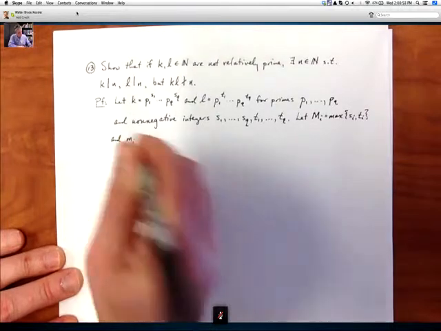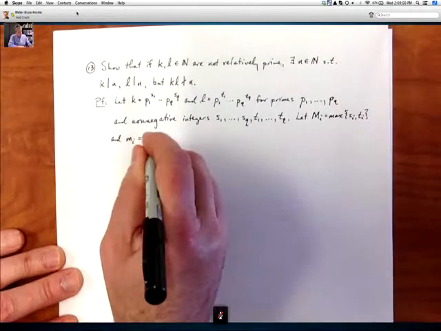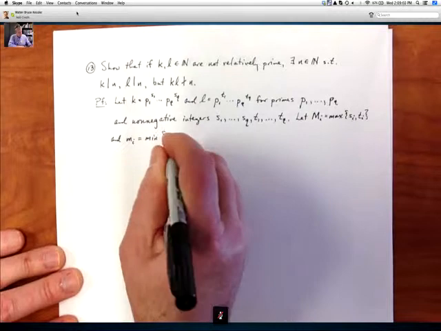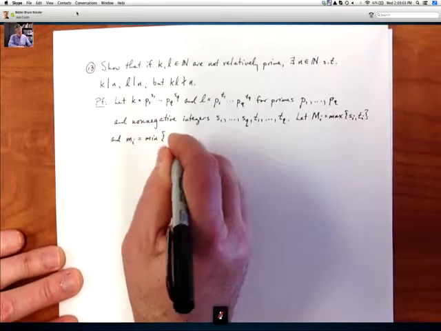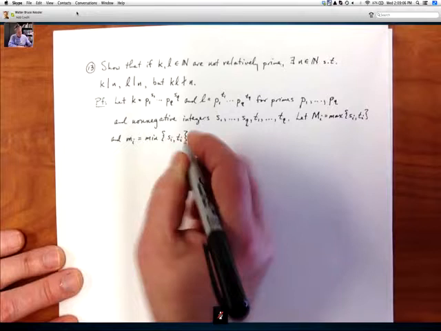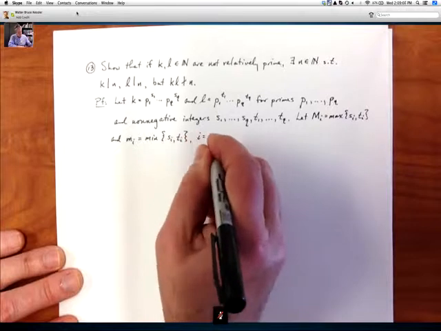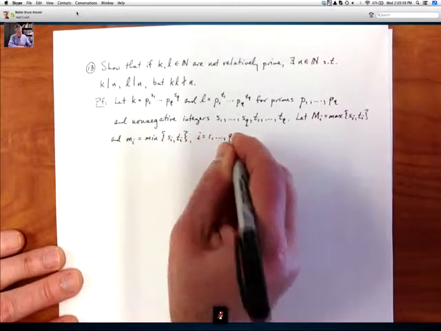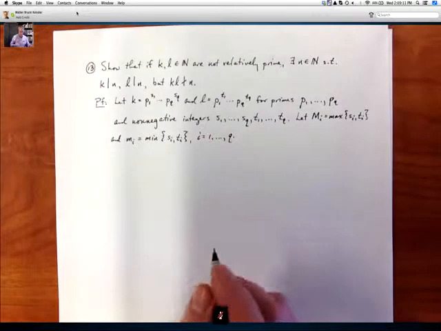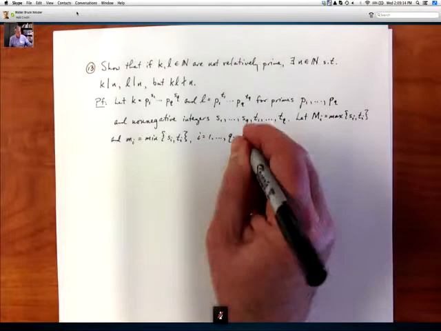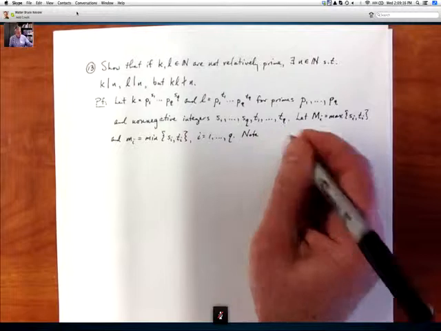And then I'll do lowercase m sub i and let that be the minimum of the s sub i and t sub i. Okay, and we're doing this for all i, 1 through q. Okay? And I do want to point out that